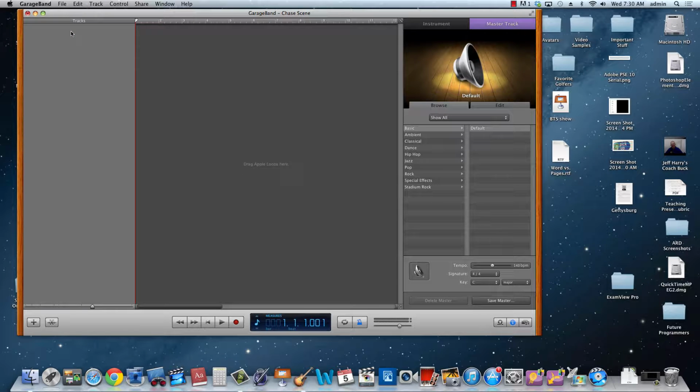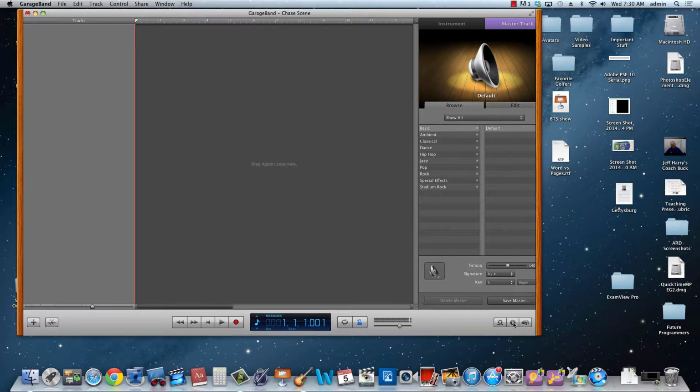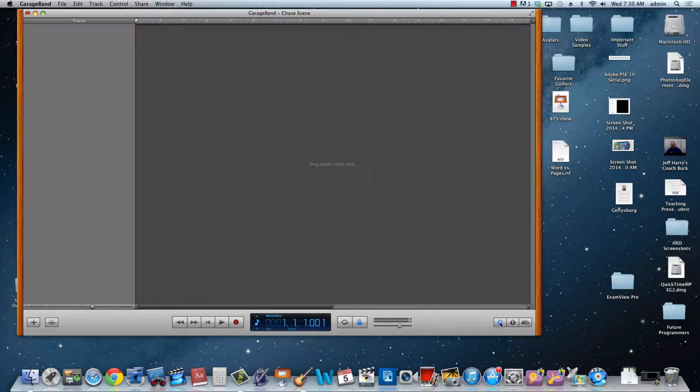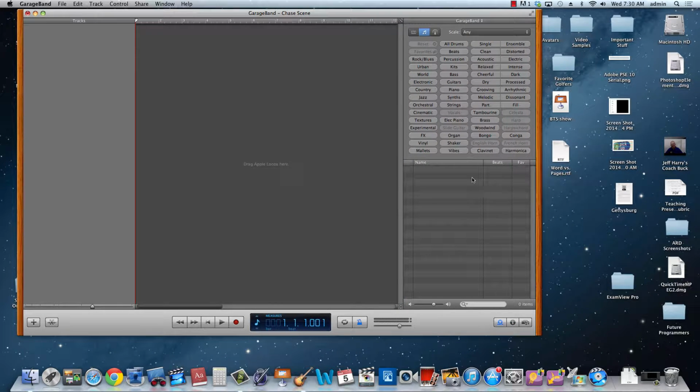And when you create a GarageBand file, first of all, you're going to want to go into what we call the loops browser. Okay, so I'm looking down at the bottom right corner of my screen here, and I'm going to turn this info off so that I have more room for the loops browser. Okay, these are pre-installed loops that can be seamlessly adjusted, lengthened, shortened,